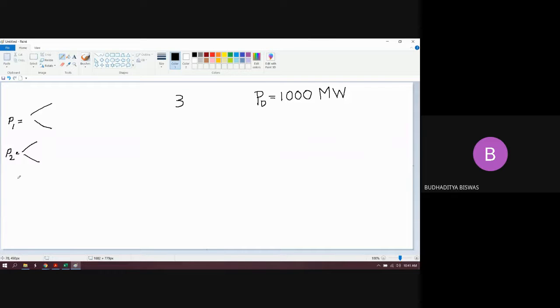The limits definitely depend upon the physical characteristics of the alternator, because every alternator may not be the same, or the same type of alternator. They may be installed at different times, so the rating and efficiency may be different from the others. That's why the upper and lower limits are also different. If they are the same type of alternator, then the upper and lower limits are the same. This should be given in the question.